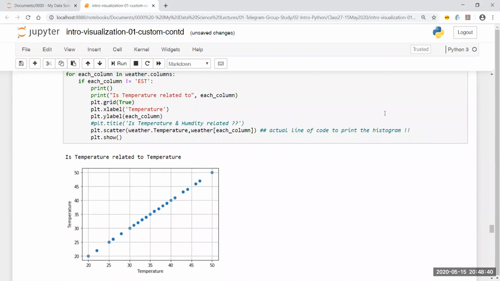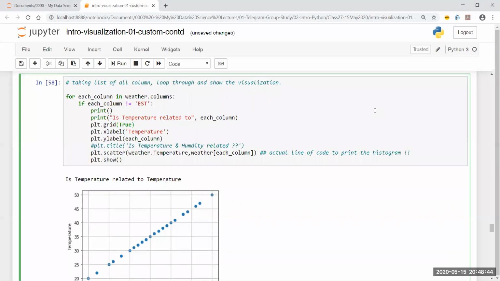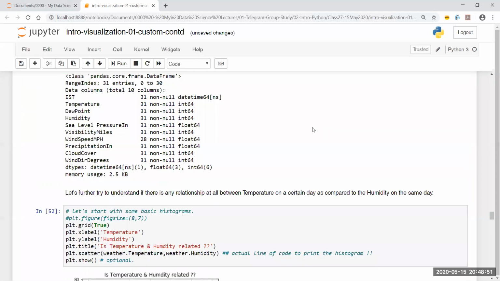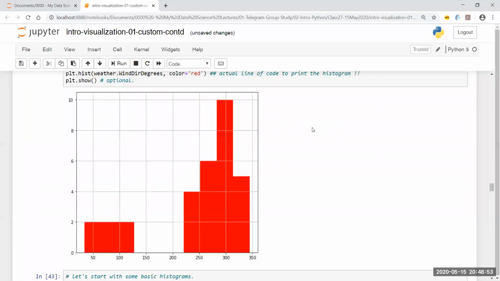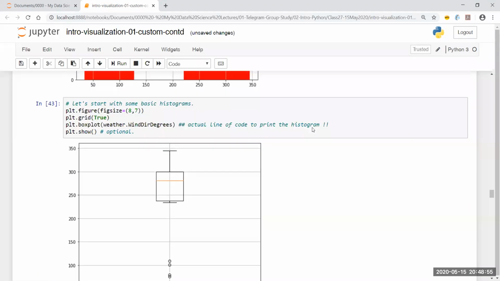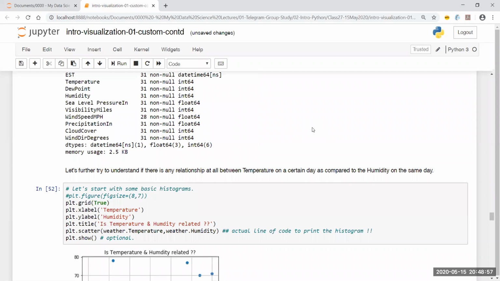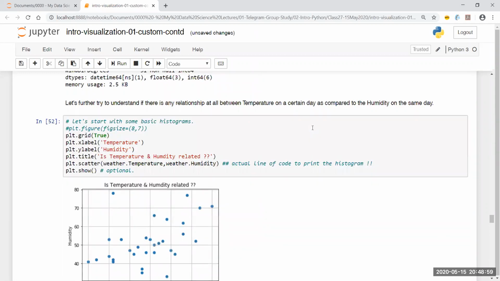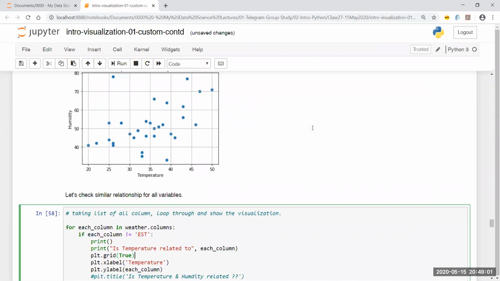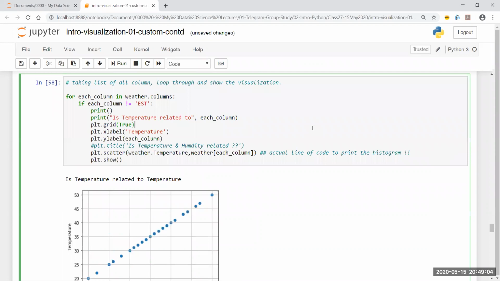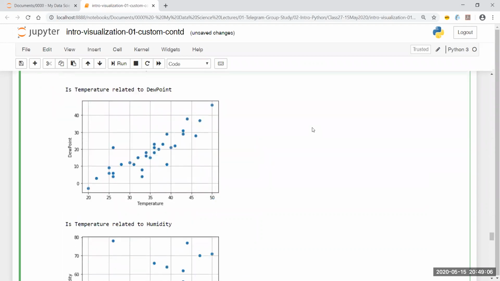Okay. So until yesterday, what we did was we looked into a very small exercise of looking into the basic visualizations. We looked into box plots. We looked into histograms. We looked into some very basic functions of matplotlib. I can assure you there are far, far more. If we are going to cover each and everything, it's going to take at least 10 days for us to do a deep dive. So that's not what we are going to do.